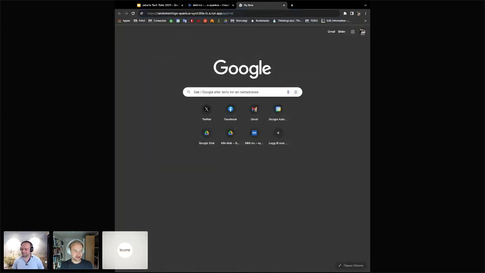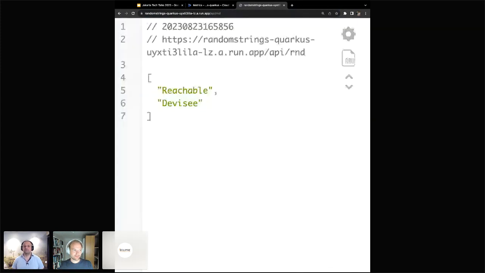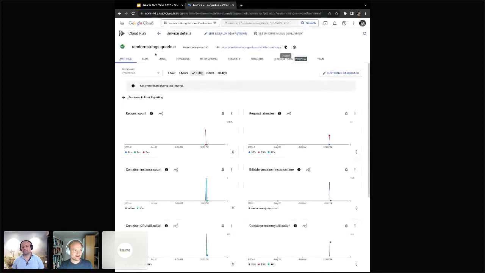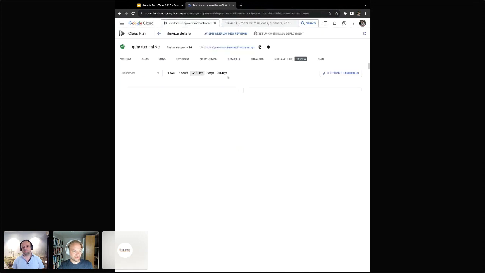So now I'm typing the URL. And this is the JVM mode Quarkus. So when I press enter now, you can see that the container is starting, Quarkus is starting, and the application is starting. So let's see how long. Tell us when you actually pressed enter, just because we don't see that. Yeah. So I press now. 2. 3. As a user, I'm going to be impatient. 5. There you go. Okay. So that's with the JVM mode. It takes some seconds.